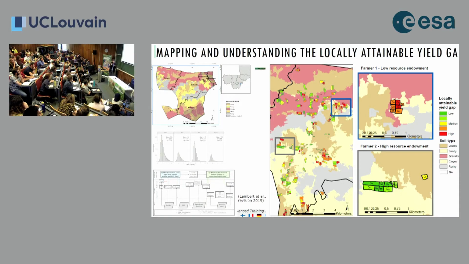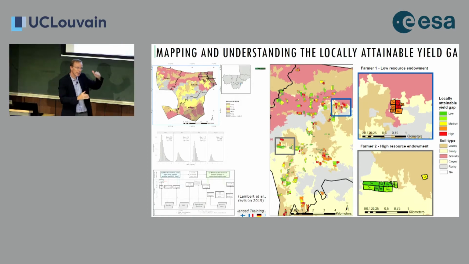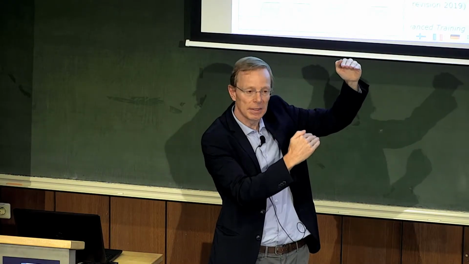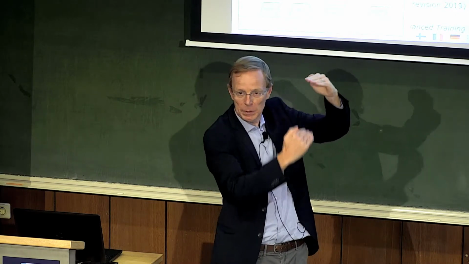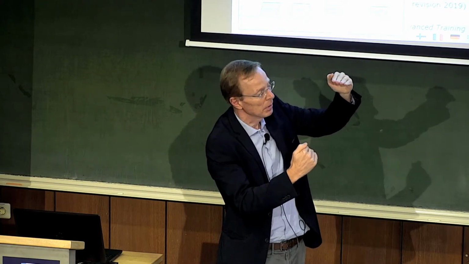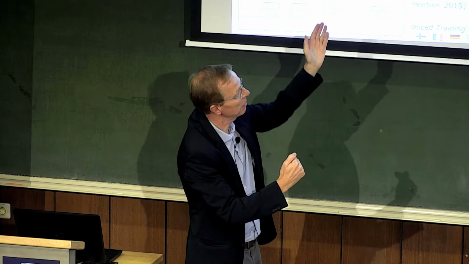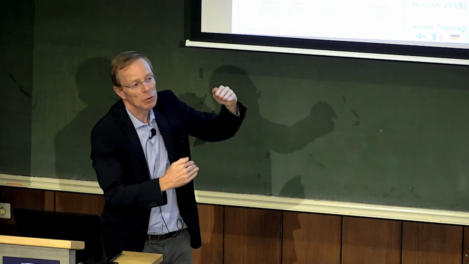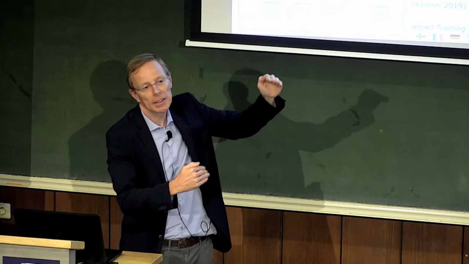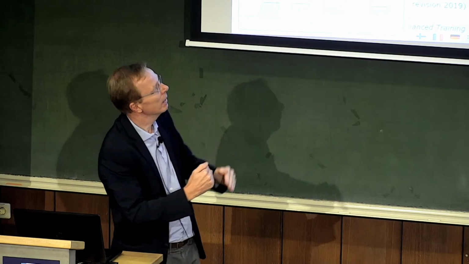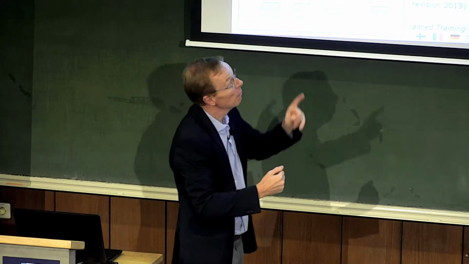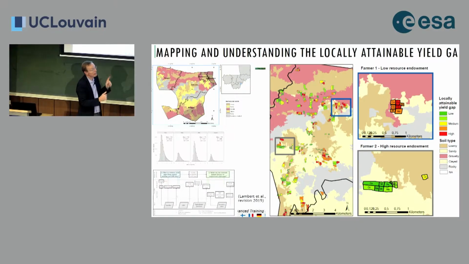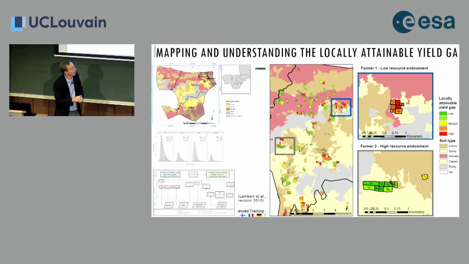You know, this is a concept which is famous. The yield gap is the difference between the potential yield you could get in this area and the yield you are currently achieving. And the yield gap is in between these two. But the yield gap like this is very frustrating in a country like Mali because the potential is never reached by anybody. And therefore, we propose not to use that, but we propose to use locally attainable yield gap, meaning